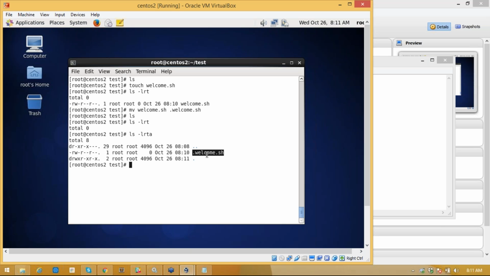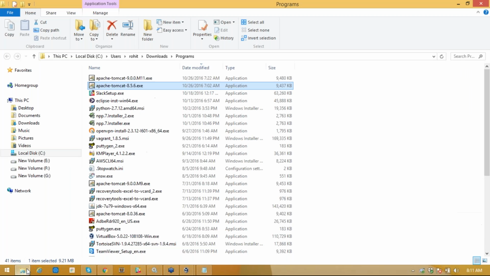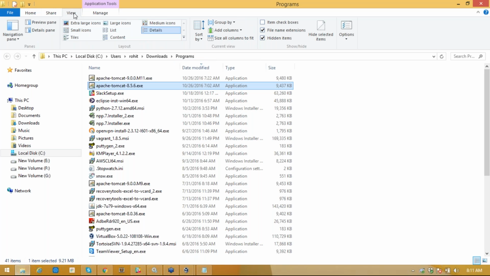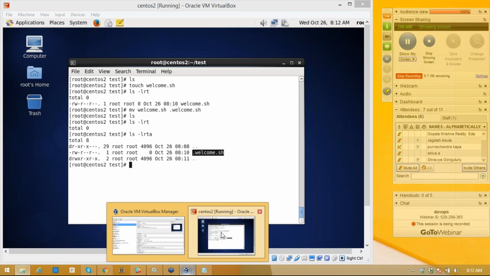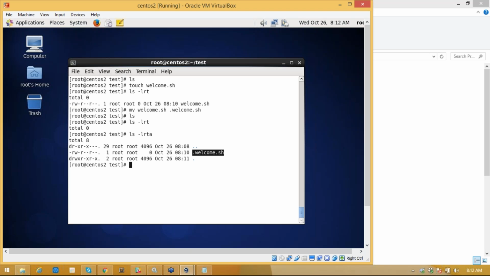Let me show you in Windows. There is an option called view. Here it is. You can say hidden items. If you want to show them, you can say show hidden items. Otherwise, if you disable it, you cannot see hidden files. In this way we can see hidden files.